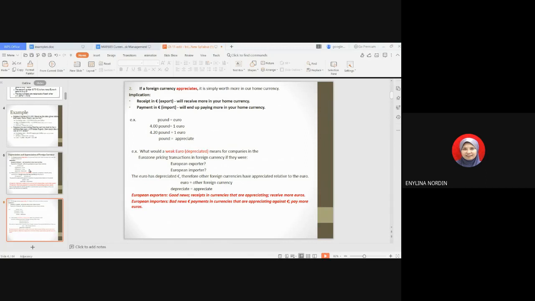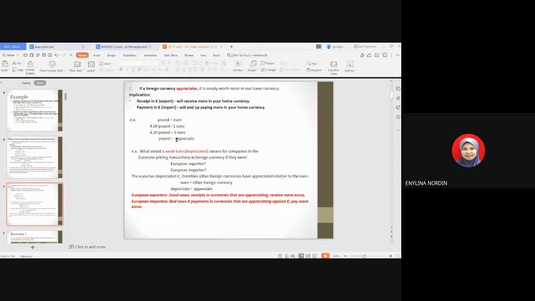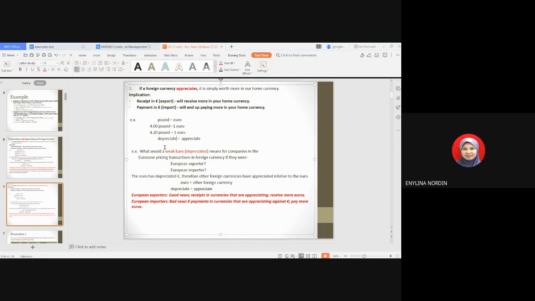Just previously, what we mentioned, when the foreign currency depreciates, that means our home currency is appreciating. But what happens if the foreign currency appreciates? That means our currency is depreciating. Okay, all right. Understand? Okay, so I hope you understand, right? Okay. All right. Then another example, what would a weak euro